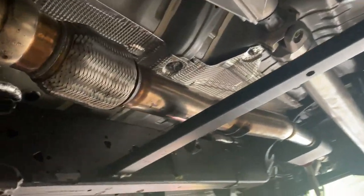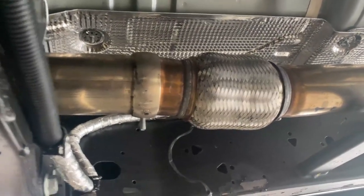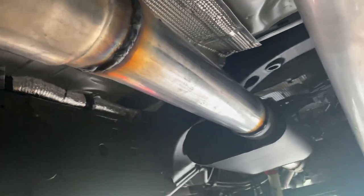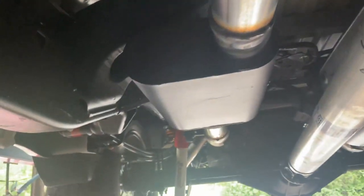Still got factory converters there and there. Then it winds into a single 3-inch. And they got rid of the third cat. Thank you, Jesus. Anyways, and then it continues 3.5 into 3-inch pipe we added. We took the flap out that comes in front of this. And then we put a FLOWMASTER